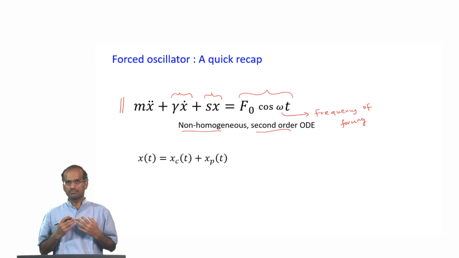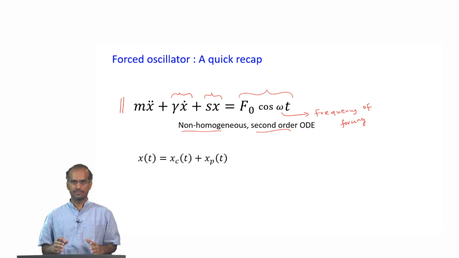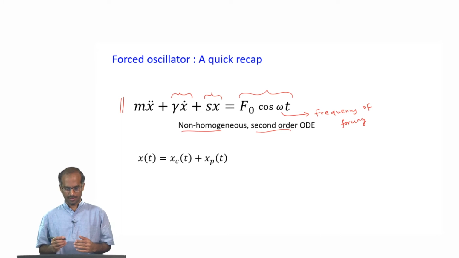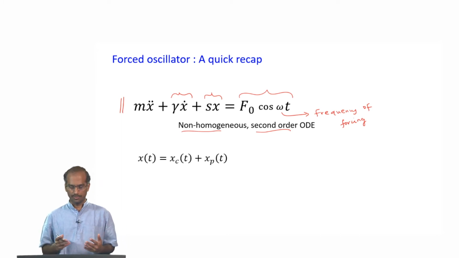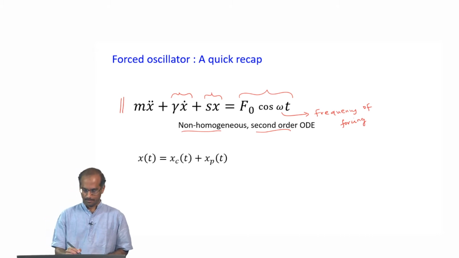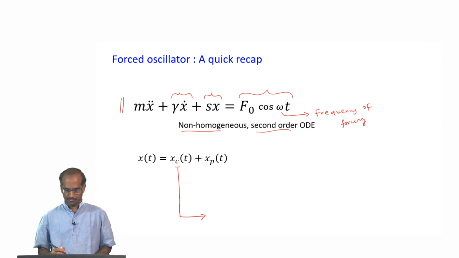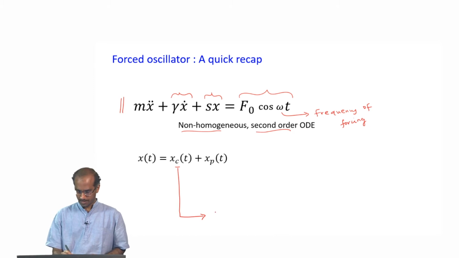What we know purely as a mathematical problem for this class of differential equations is that when we try to write out the solution, it actually has two different parts. One is what is called the complementary part, which I have represented by x c here. This complementary part would be the solution of the corresponding homogeneous part, which would mean that it would be the